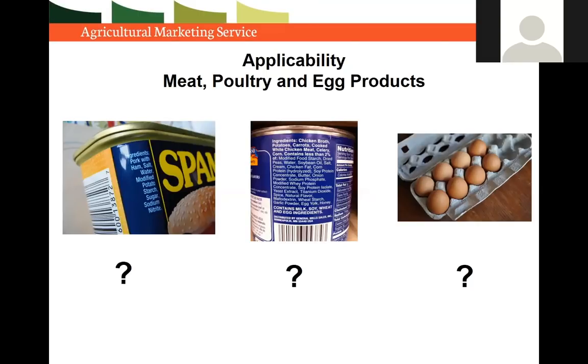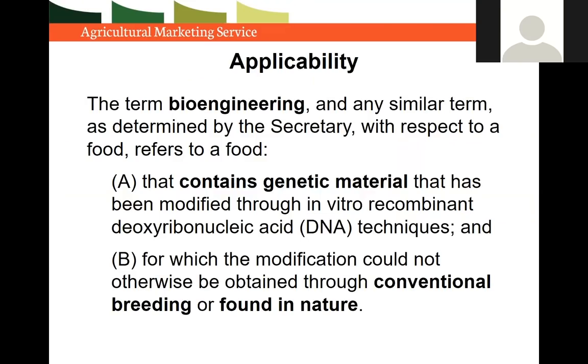As the preamble describes, we are proposing to use the same methods the Food and Drug Administration, or FDA, uses to identify predominance. And this can be found at 21 CFR 101.4(a)(1). The amended Agricultural Marketing Act defines the word bioengineering with respect to a food. That same definition was used for the proposed rule and incorporates the amended Act's language into the regulatory definition of